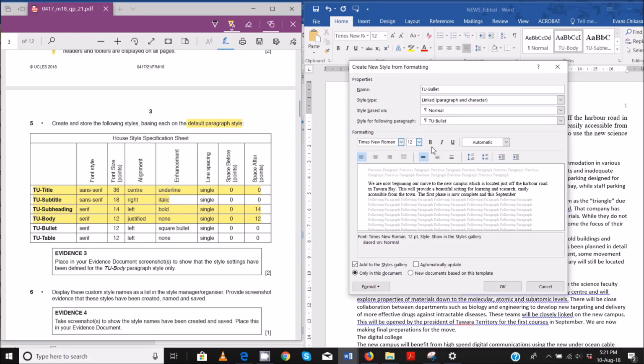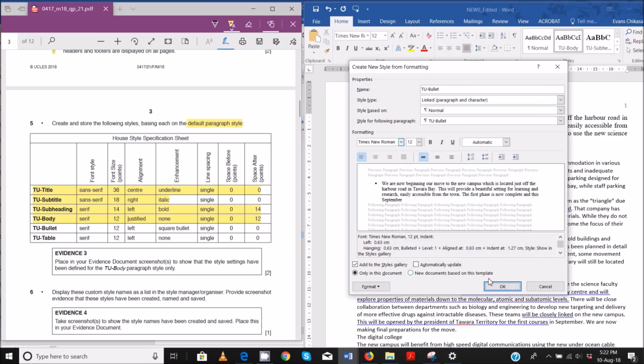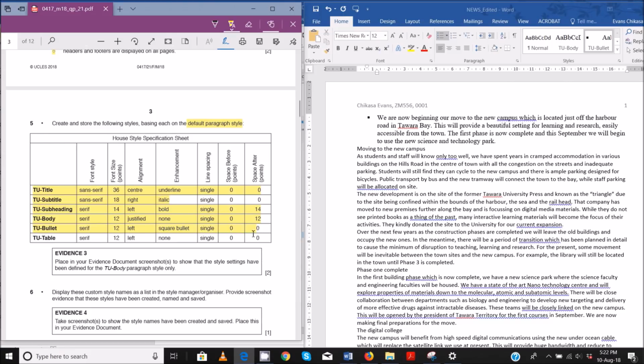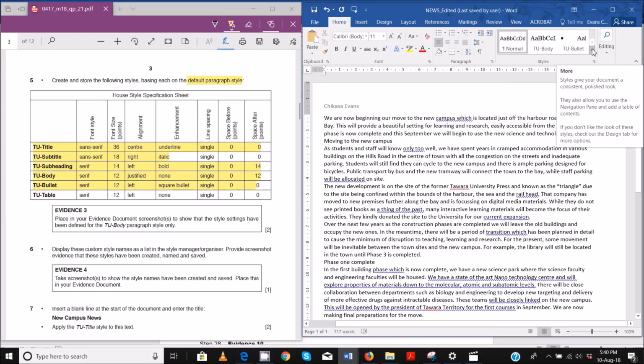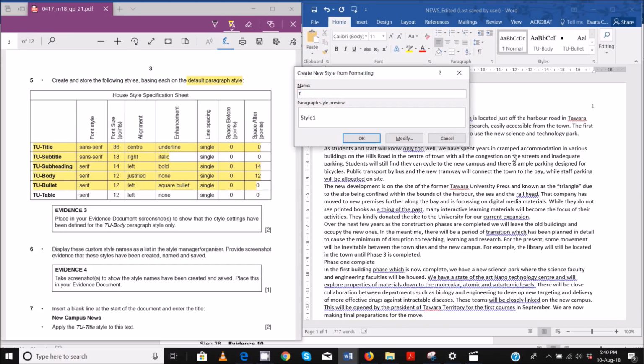and it has got square bullets, and the rest is supposed to be normal. So go ahead and change on a numbering, go to bullets and select square bullets. Okay, and select that, say okay. So done with this one, and the last one is supposed to be TU table. So for TU table, we are going to create the style TU table,